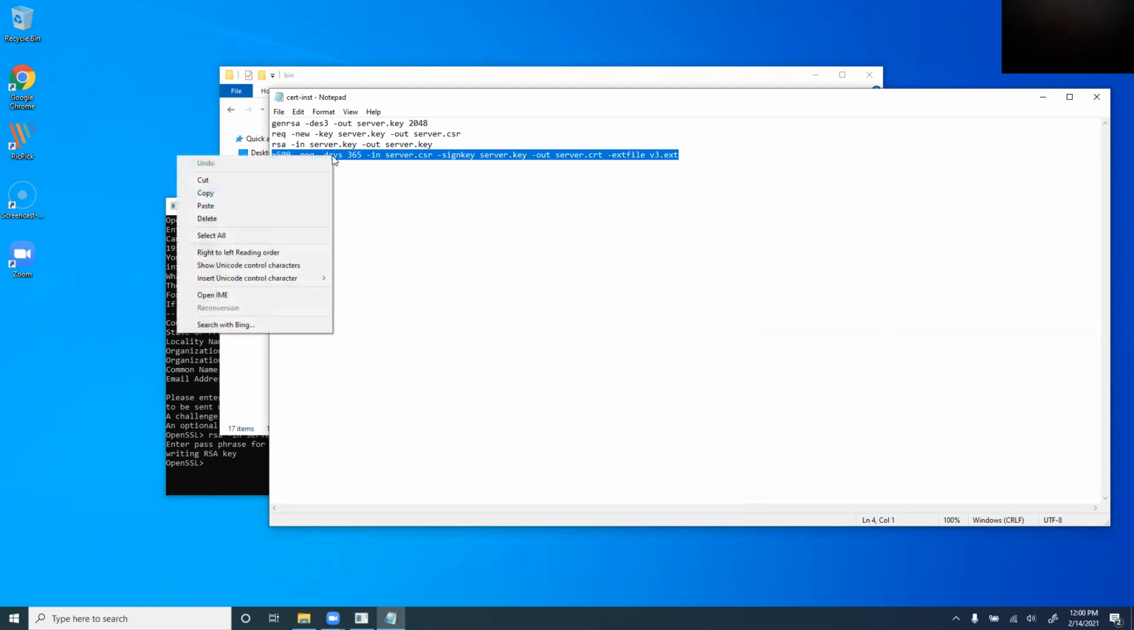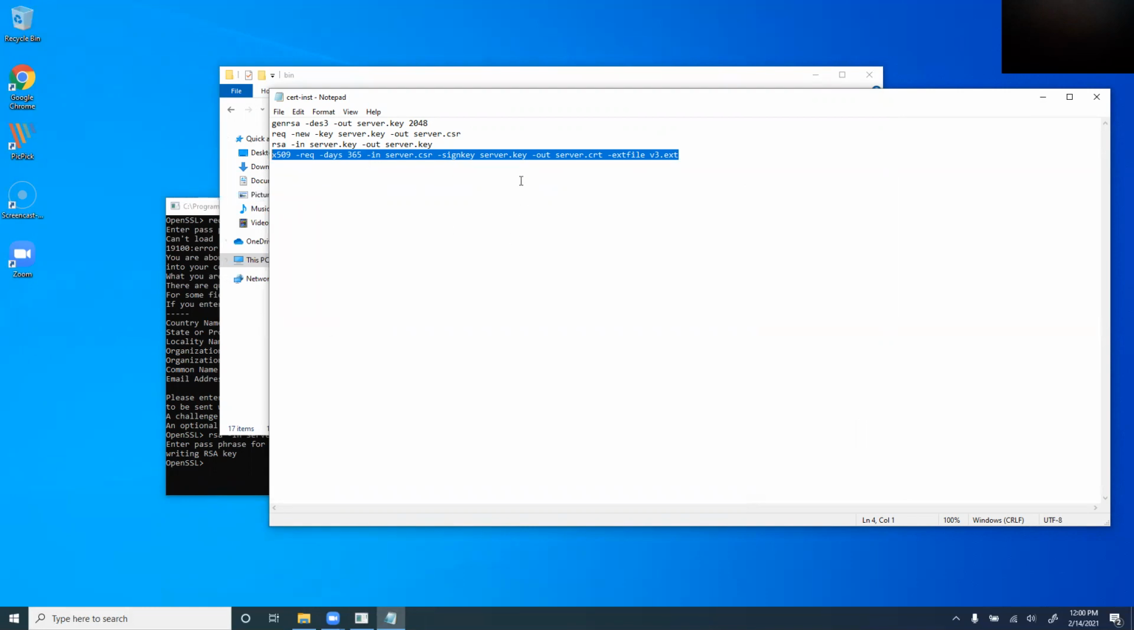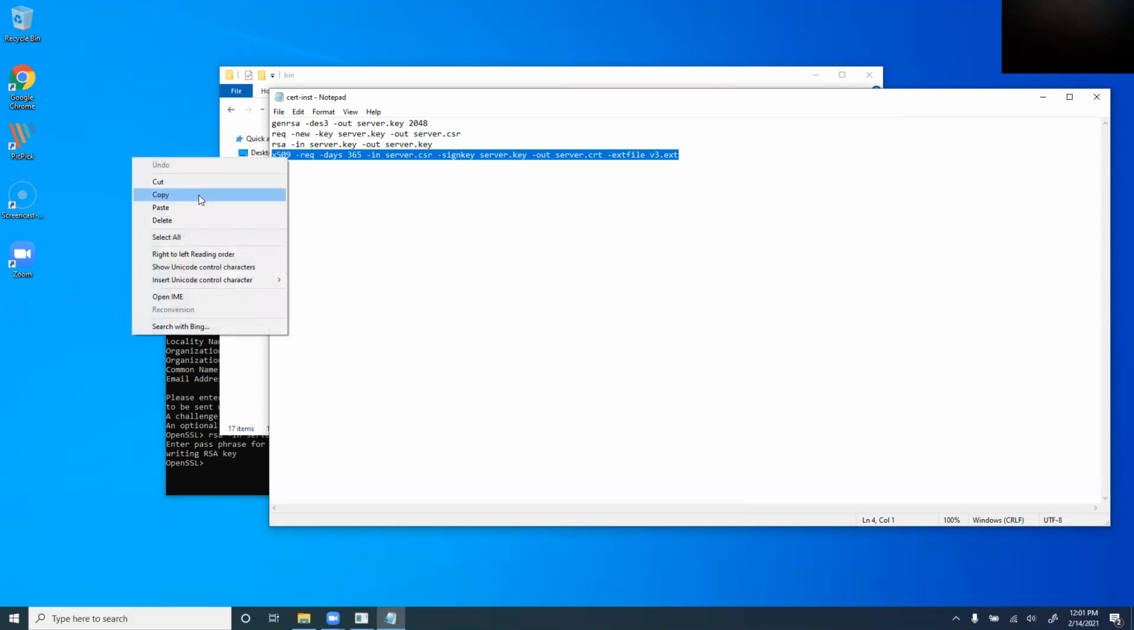You can add this additional line to create your own CRT certificate file. And remember, this is good for 365 days, meaning one year, but you could do more than one year if you need to. And then I'm putting in the server.csr and server.key files, and my output will be the server.crt file. And also I am adding an ext file called v3.ext. I'll explain what this is, okay? So let's copy this